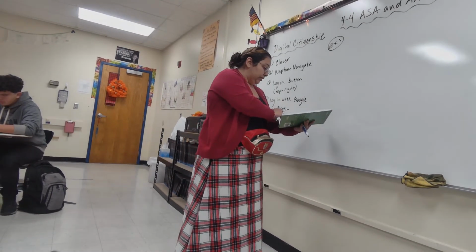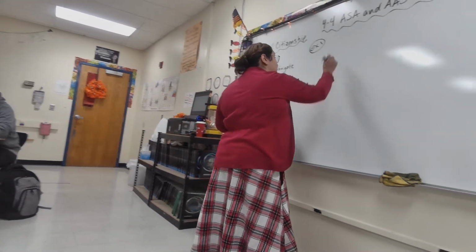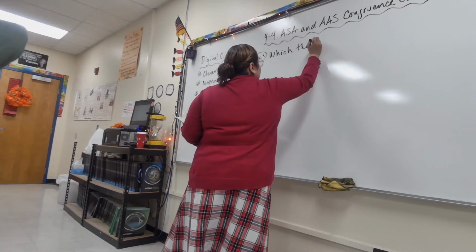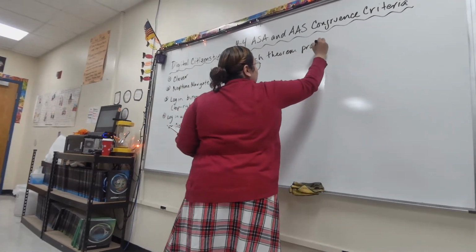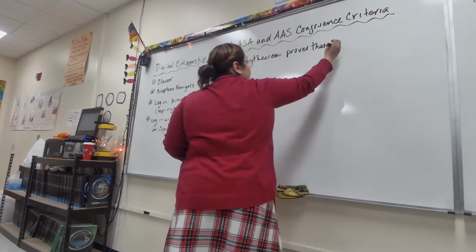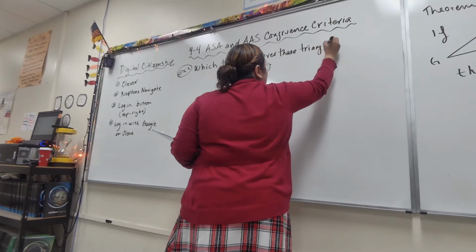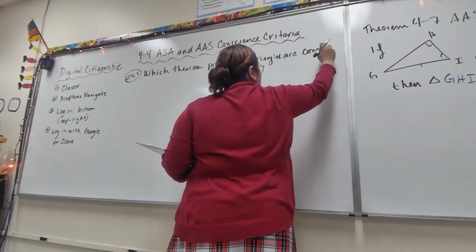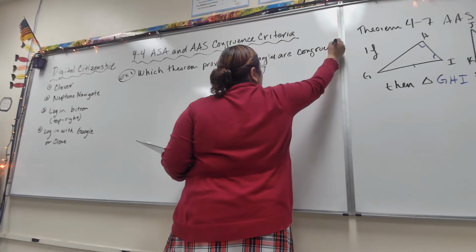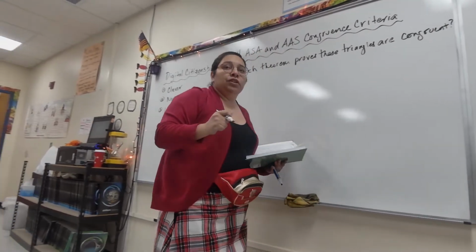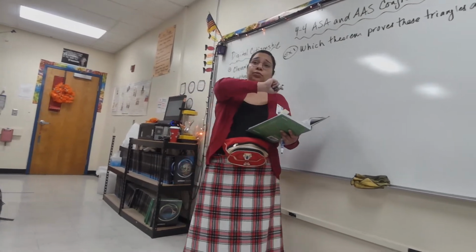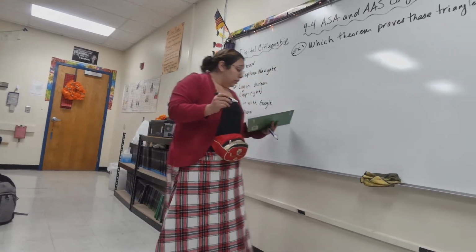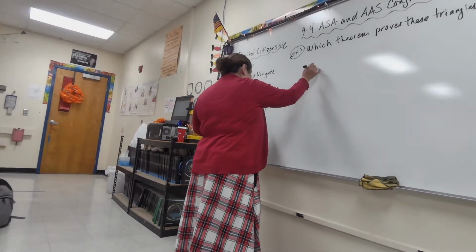Example 1. You guys tell me, how is this one congruent? These two, which theorem proves these triangles are congruent? Which theorem proves these triangles are congruent? And those are going to be the same directions we'll have for the next couple questions. So, the first set we're given here is